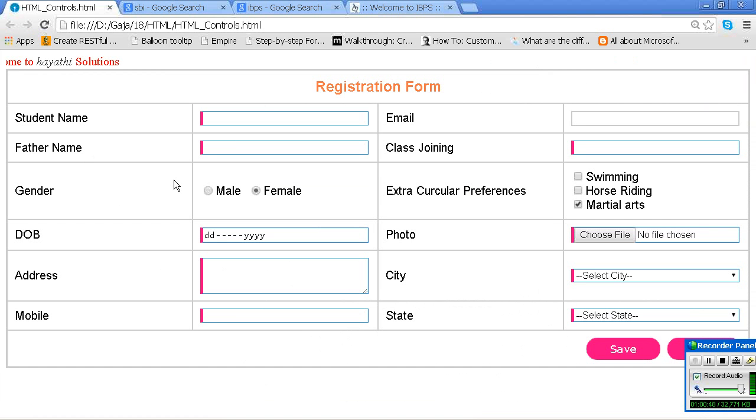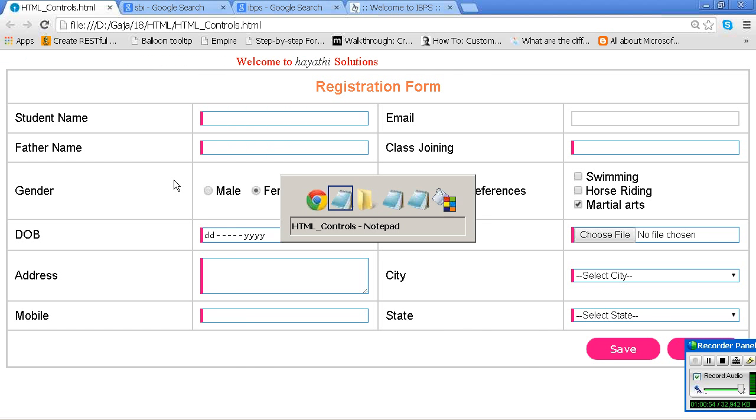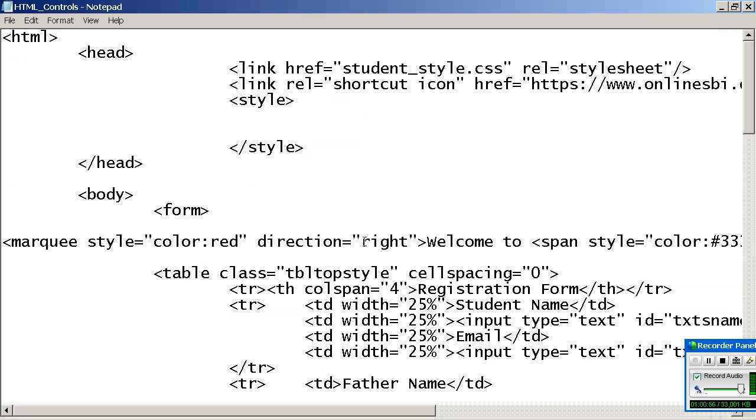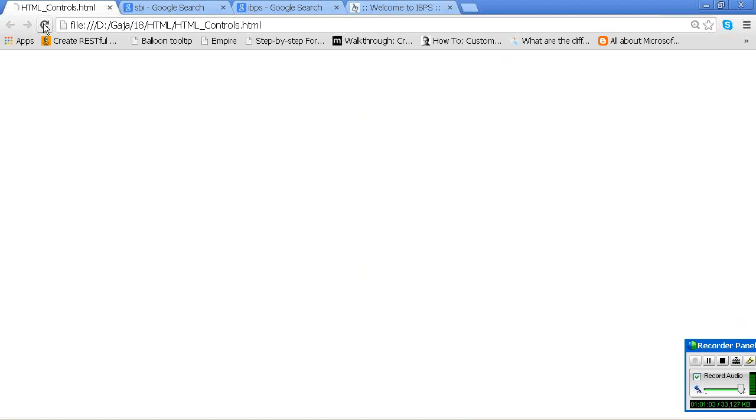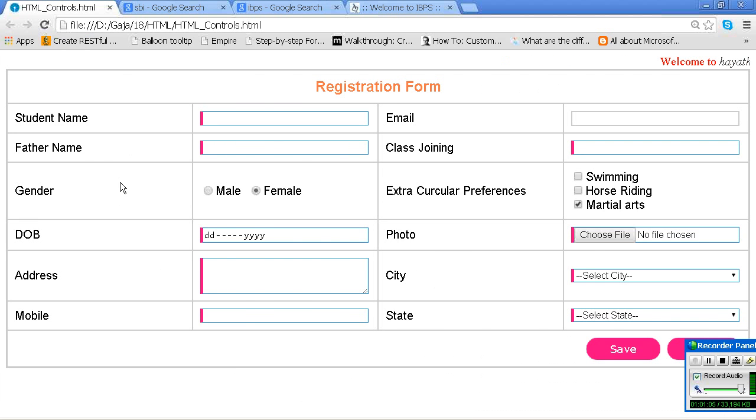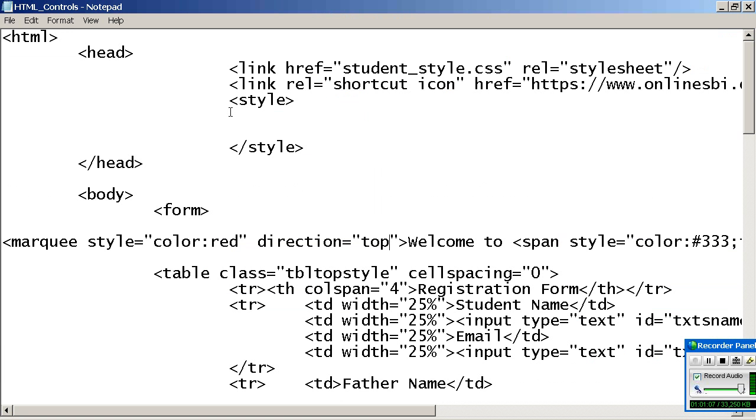By default it will come towards the left. If you give direction right, it will come towards the right. Are you understanding? Okay. Anyway, just practice this, right?